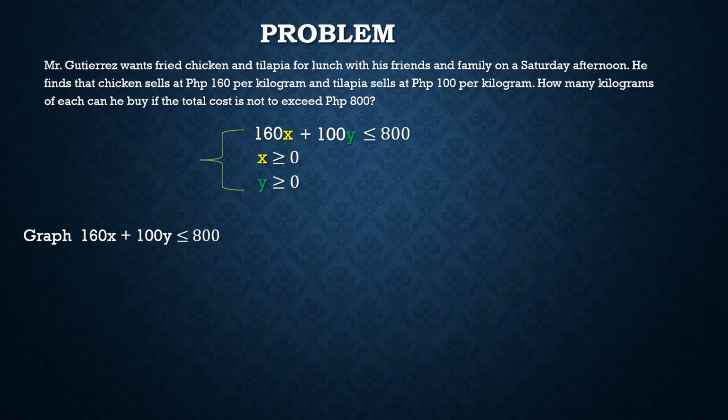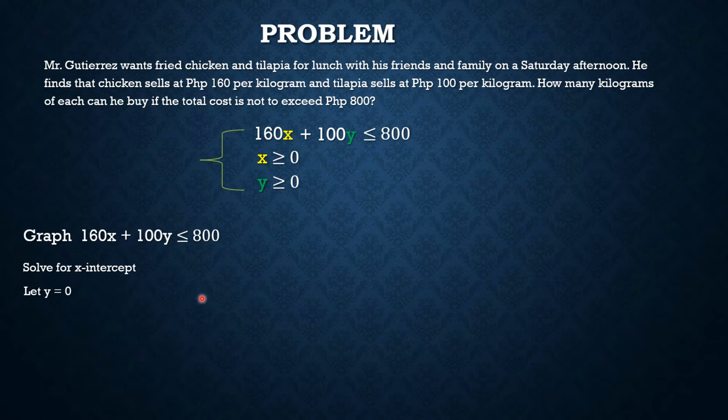So next thing is to graph the inequality 160x plus 100y is less than or equal to 800 sa ating Cartesian plane. So technically, yung pinakamadali no, is to solve for the x and y intercept of this. Or technically, we're gonna solve for the x and y intercept of the boundary line. So that means ang inequality symbol natin is like pinalitan muna natin ng equal sign kasi nga boundary line na